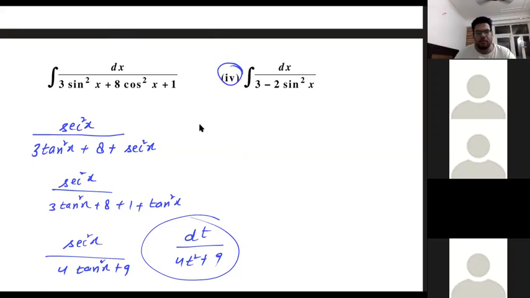In the fourth one also, we'll go by the same way that we have understood, let us say this one, right? Similarly, you'll do this one as well. Just try to remember the formulas that we have done and the standard forms that we have covered in today's class. So most of the things here for the indefinite integrals have been covered for you.